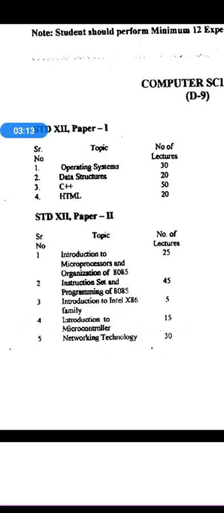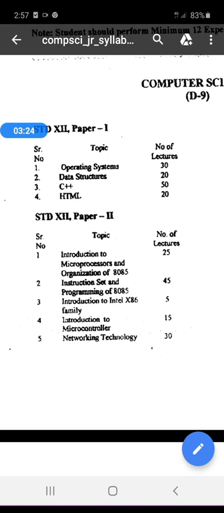The second topic is instruction set and programming of 8085, which is a very important topic because the last question, number 5 of Paper 2, is asked on this topic and consists of 3 programming questions repeated with 3 programming questions. So out of 6 questions we have to solve 2 programming questions, each carrying 5 marks, so 10 marks for only programming, and other questions are also asked about the instructions, their structure, etc. So it is a very important topic. We also learn programs of 8085, which are important for the practical of the second paper.